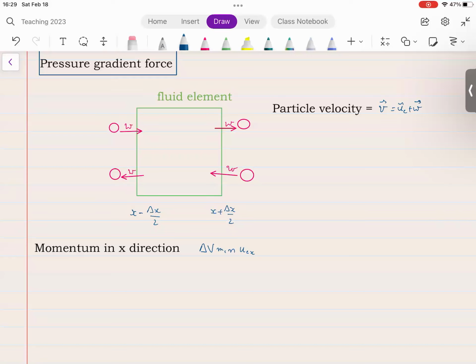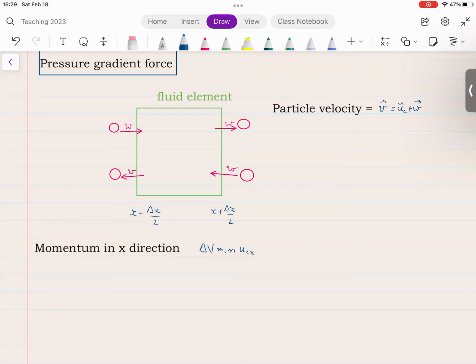Okay, now we're interested in what happens to the momentum of the fluid element as particles come in and out. I encourage you to try to understand what each one of these four particles does before I tell you. Good moment to pause the video, go get a coffee and try to figure this out. Now, if you have resumed, restarted the video,